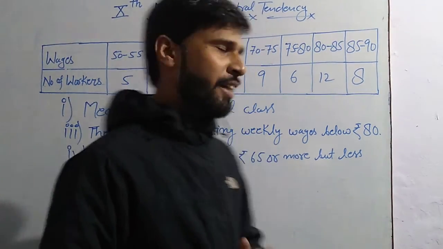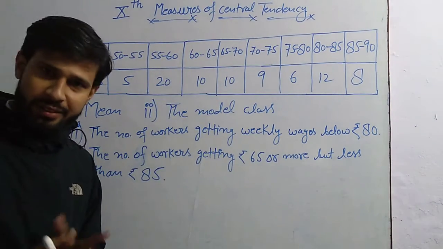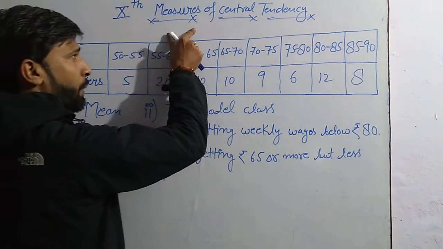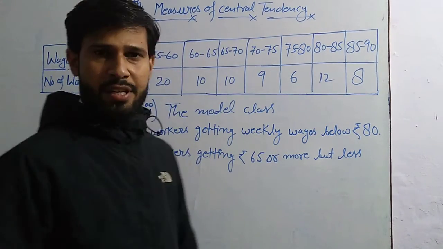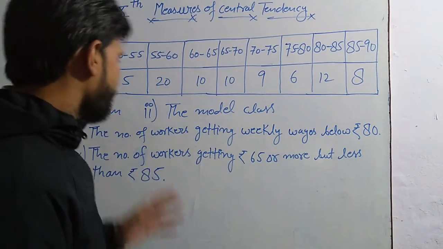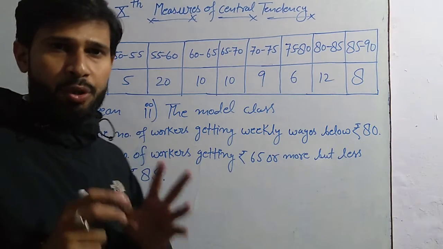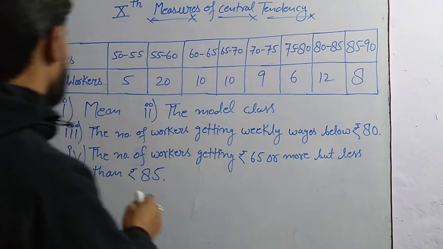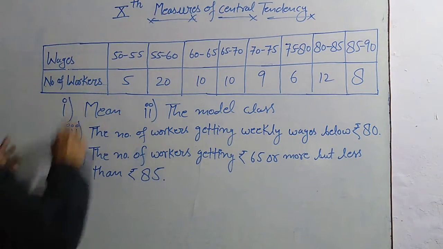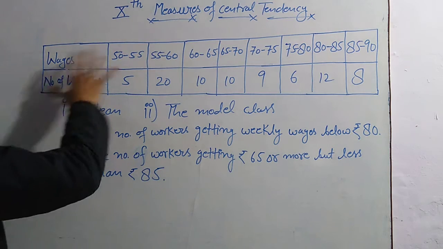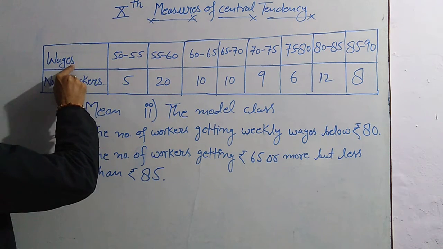Hello students, in today's video we are discussing the chapter on measures of central tendency from class 10th, and the question is from your textbook, question number 9. According to the question, the given data is wages in rupees